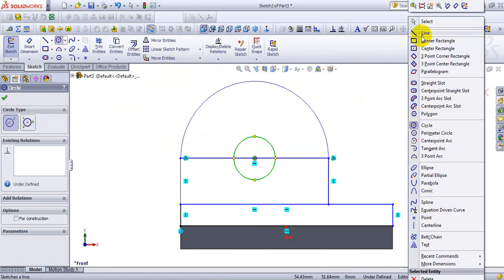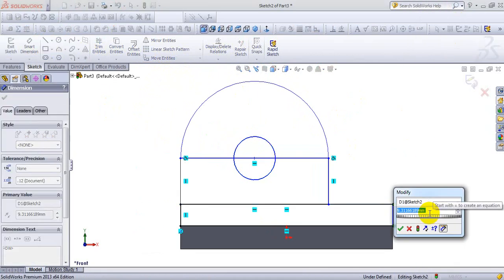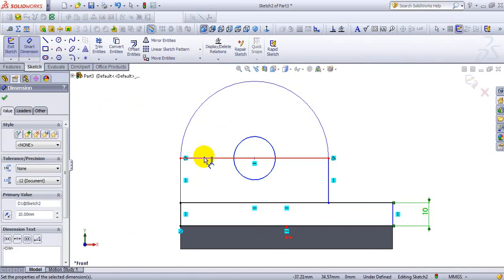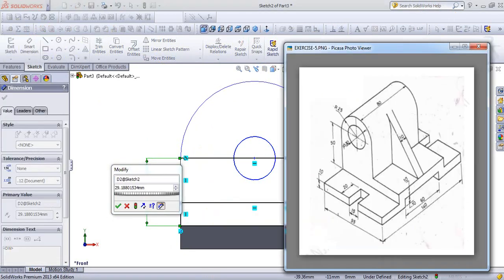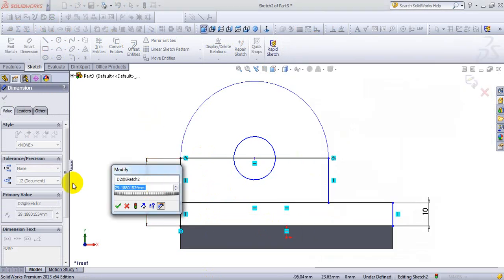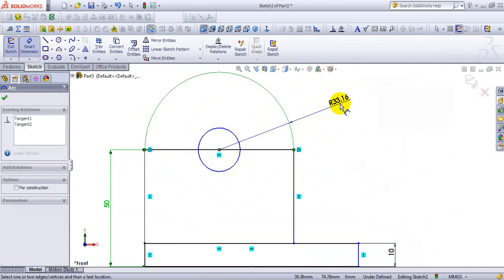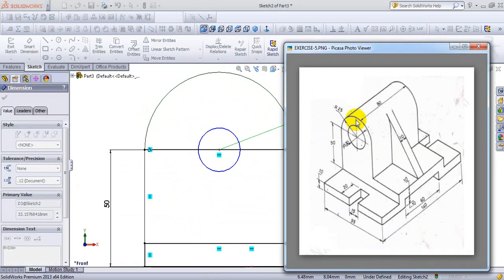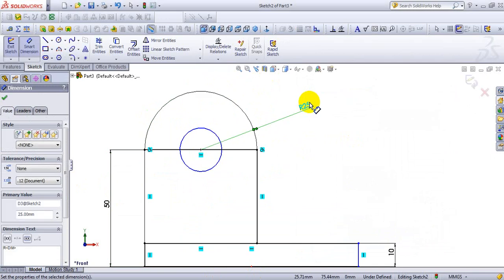Now make dimension, height is 10 mm, the distance from here to here it is 50 mm, so enter 50. Radius given as 25, so enter 25 mm.